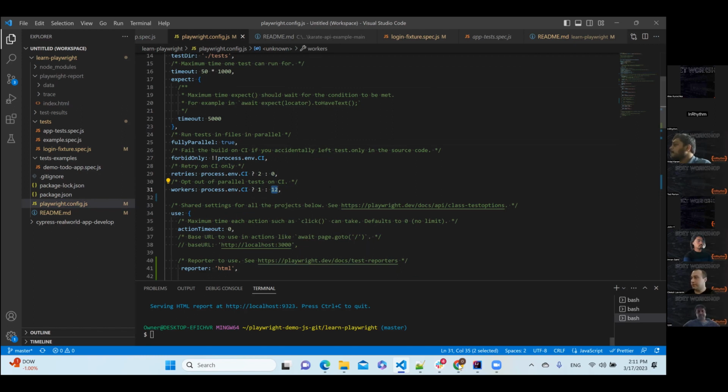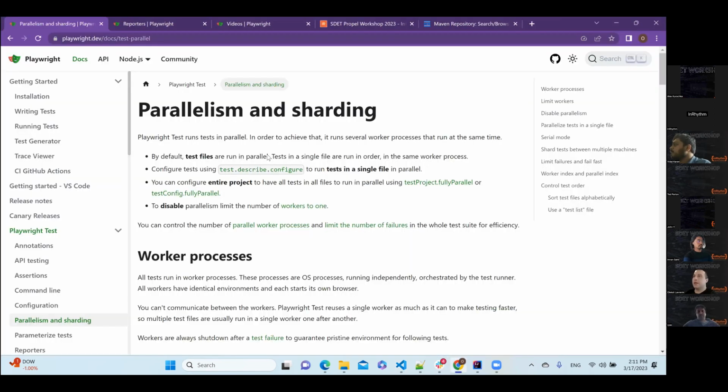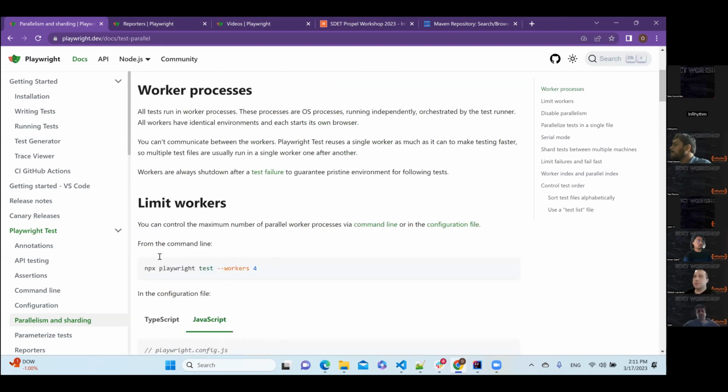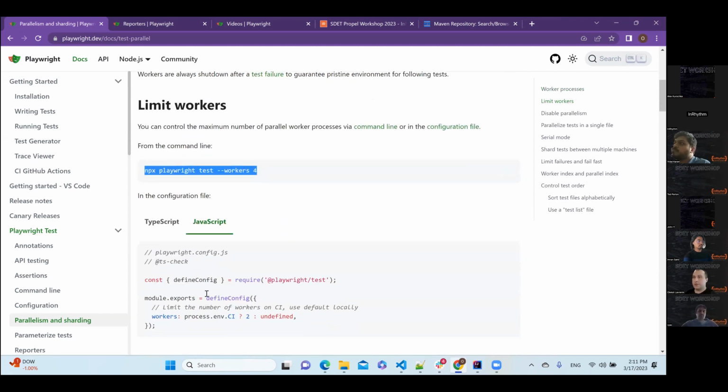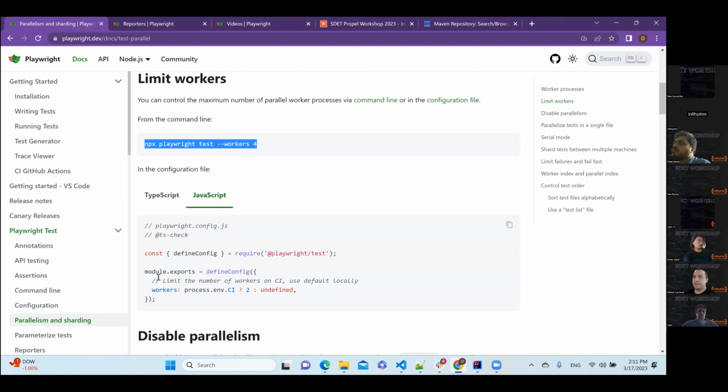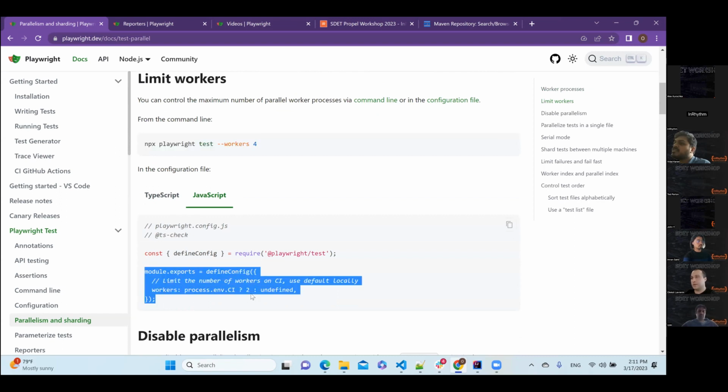And if you open the official documentation again, we can follow our process. I can use this command, or I can use the JS config file, and I can do it inside this case or in the config file.